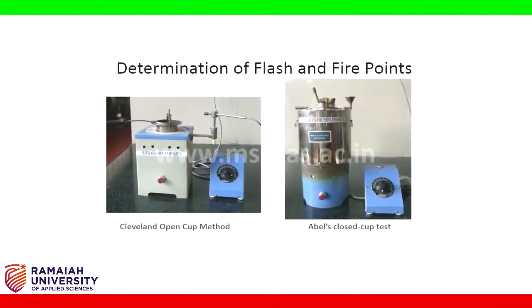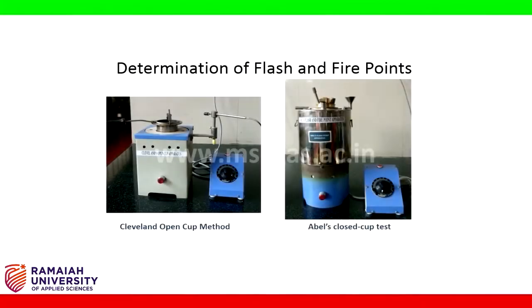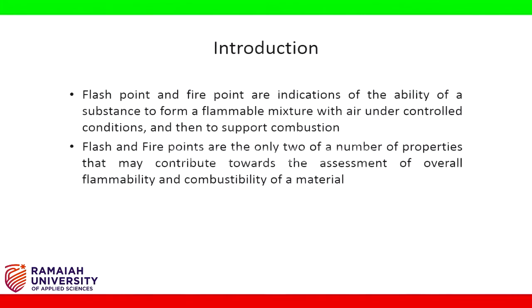Hi students, let us discuss determination of flash and fire points using the Cleveland open cup method. Flash point and fire point are indications of the ability of a substance to form a flammable mixture with air under controlled conditions and then to support combustion. These are only two of a number of properties that may contribute towards the assessment of overall flammability and